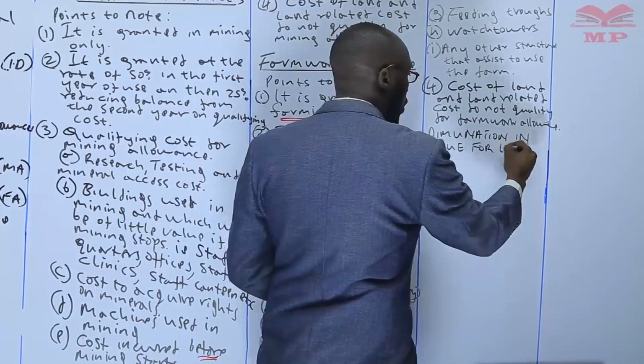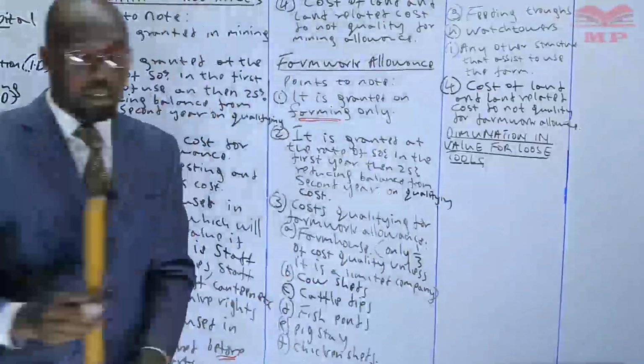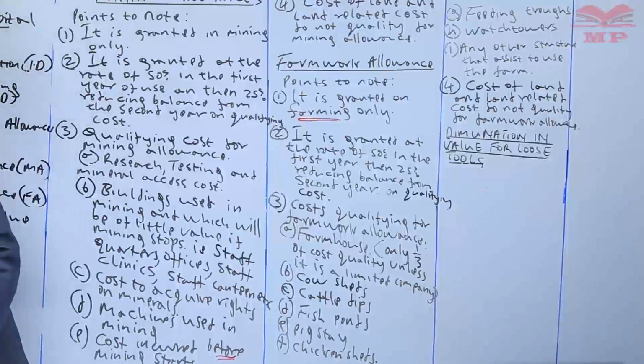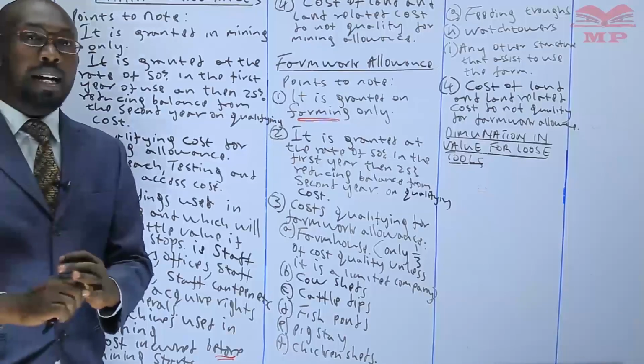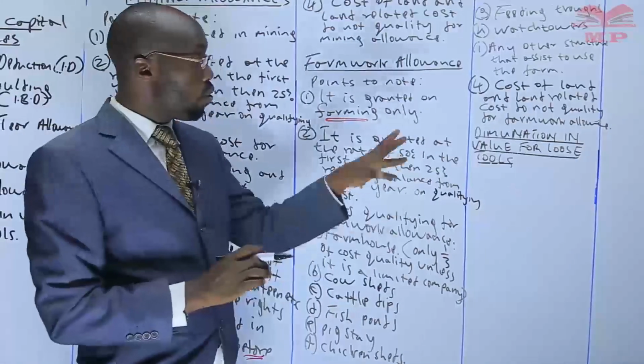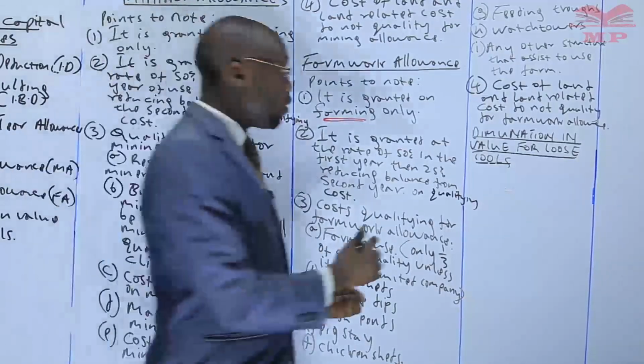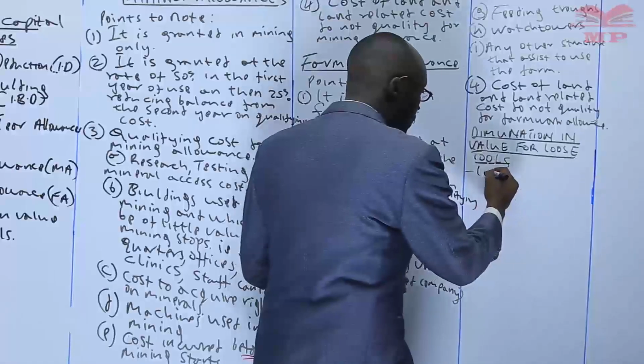For loose tools, diminution in value. That is a capital allowance. And we are talking about loose tools. We need to know what the loose tools are. So loose tools include